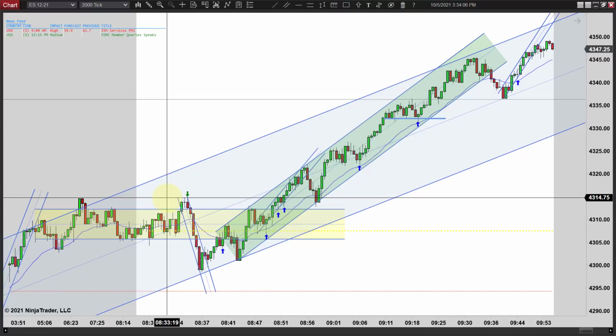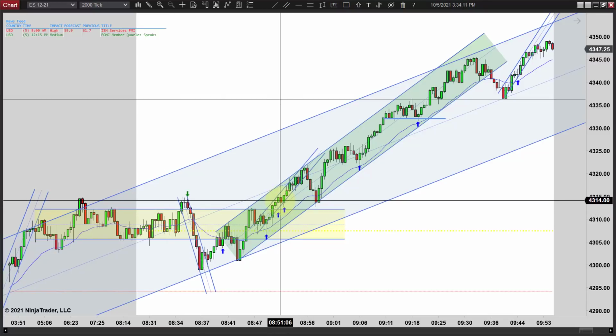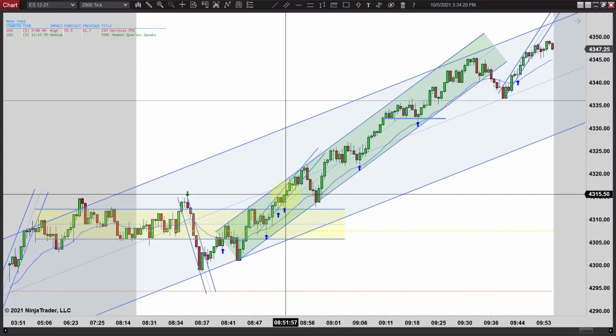Yeah, you can see it makes a slightly higher high there by a tick or so. Pulls back and tests this. So it gives you this inside bar. So it almost makes you want to say, hey, you better wait. And if you did, you can go long right here.